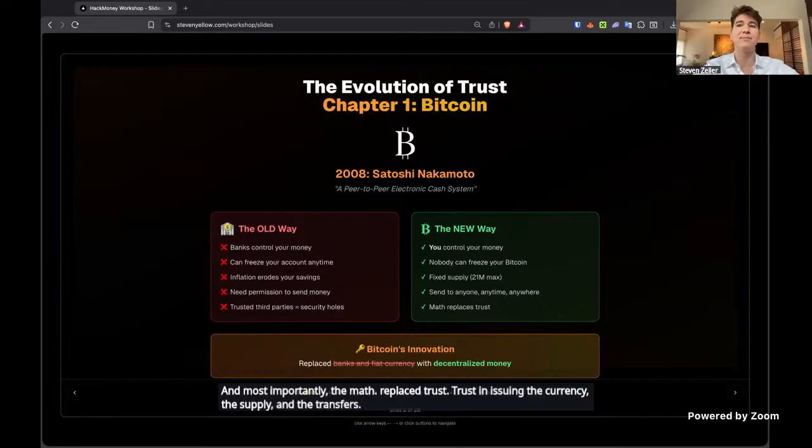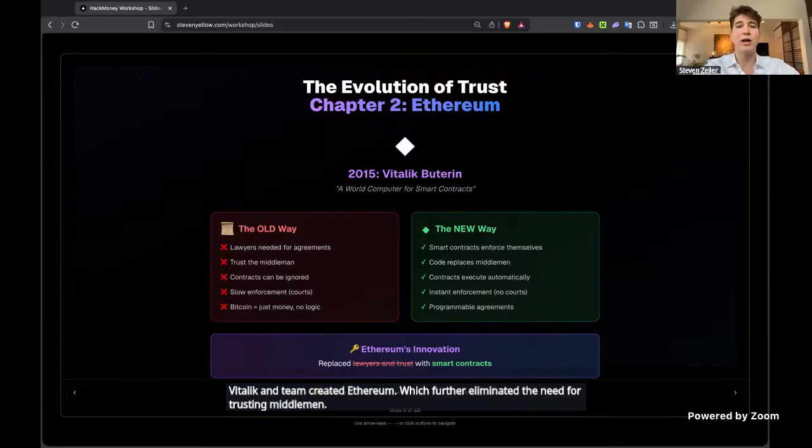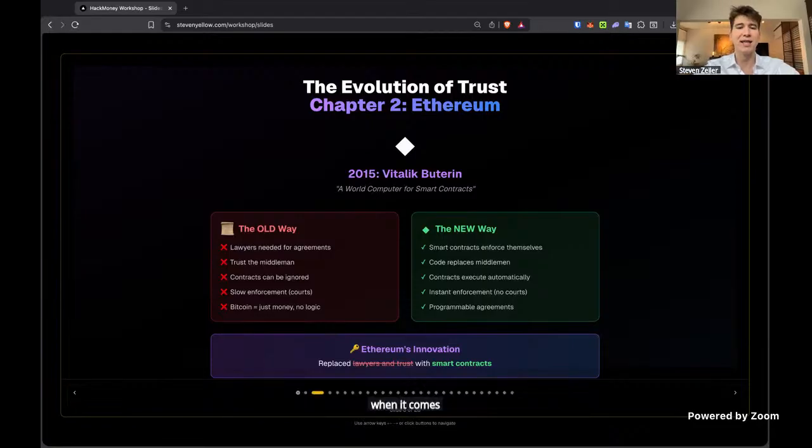The next step from Bitcoin was when Vitalik and team created Ethereum, which further eliminated the need for trusting middlemen when it comes to enforcing contracts and applications.